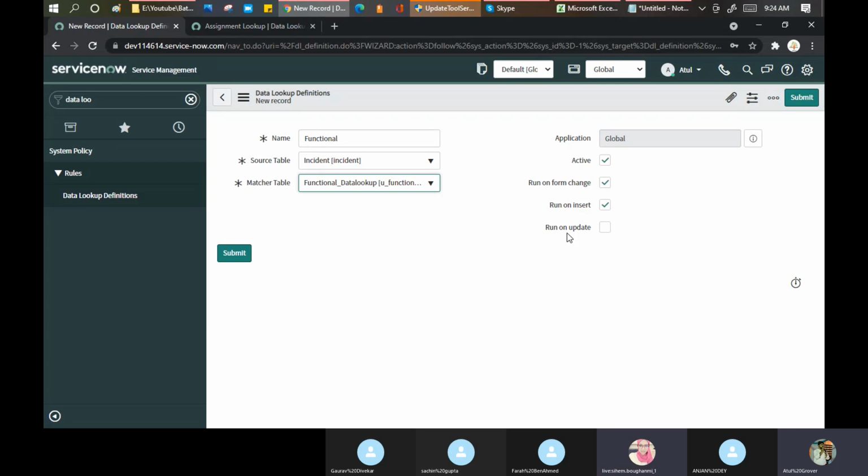I said yes. What's the difference? Excuse me, Atul. Insert means you are creating the record the first time. Update means it's already created in the system. No difference between update and run on form change. Okay, basically this says when your form loads, that time you should run this particular method.